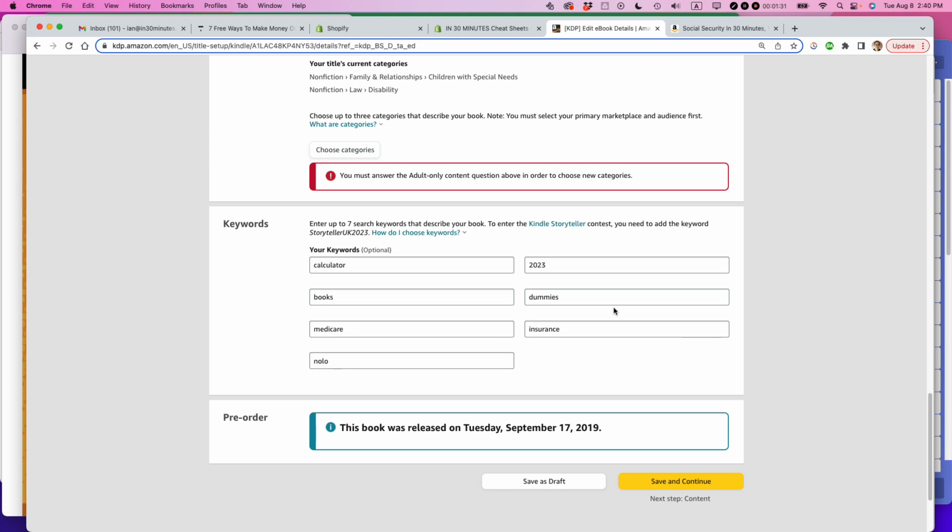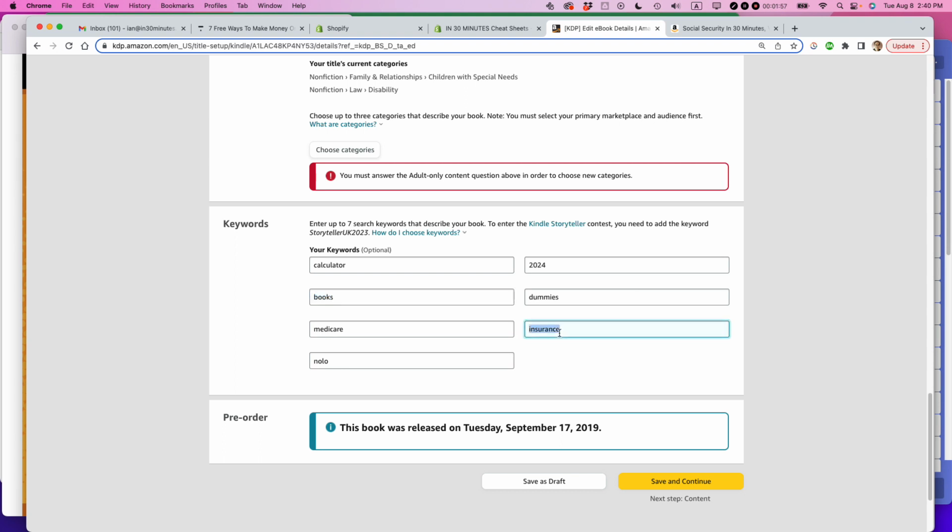So maybe what I want to do, for instance, is change 2023 to 2024 because it's getting close to the new year and I want to be ready for people that are searching for Social Security SSDI 2024. The other thing that I can do is I can insert terms like SSDI or Medicare or whatever. So let's say that I want to get rid of insurance. Actually, insurance is not a good